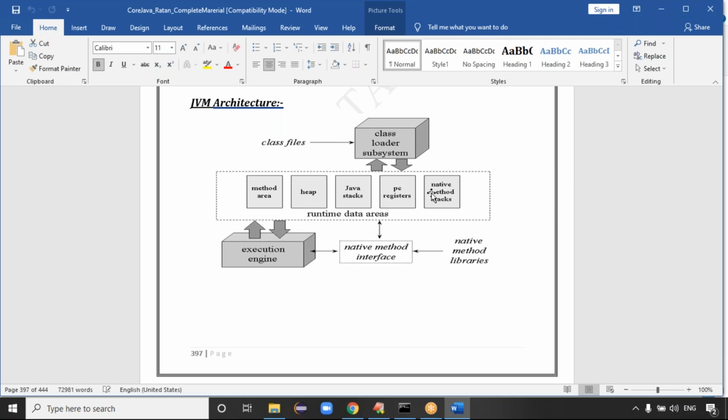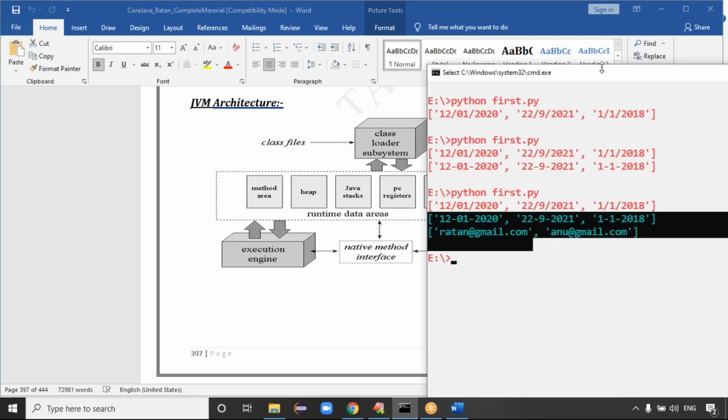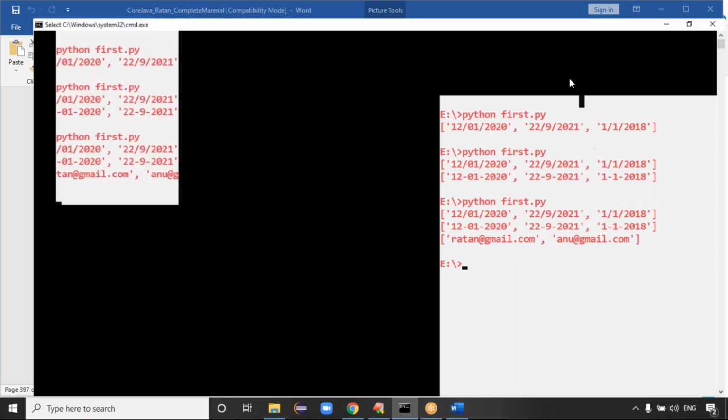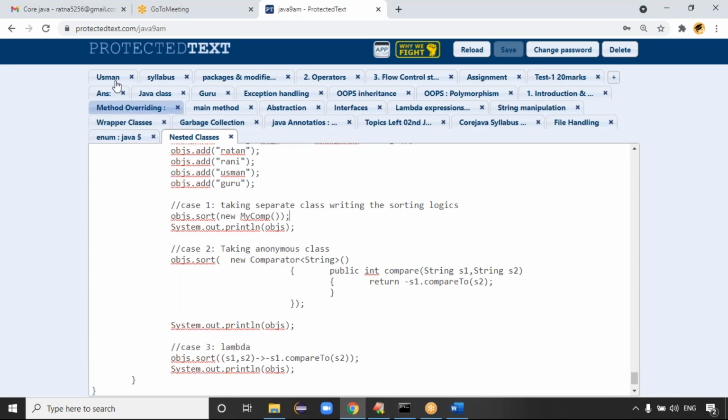If you see the javap command, some of the methods are native methods, right? Exactly. If some of the methods are native methods, you can check the API documentation. Otherwise, let me show it once.